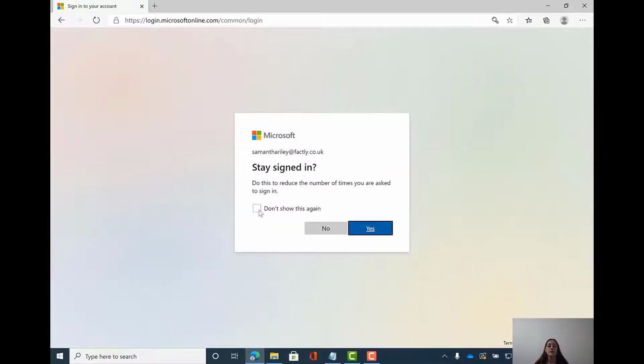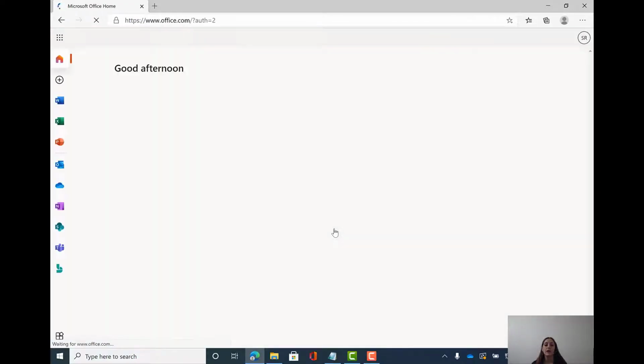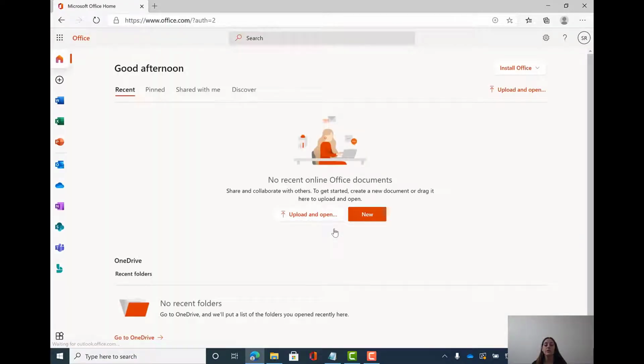It will ask you if you want to stay signed in. We suggest if it's your corporate laptop to stay signed in, but if you're on a shared or public device, then click no. And then it will take you straight to your Microsoft Office page, and then the bar on the left you